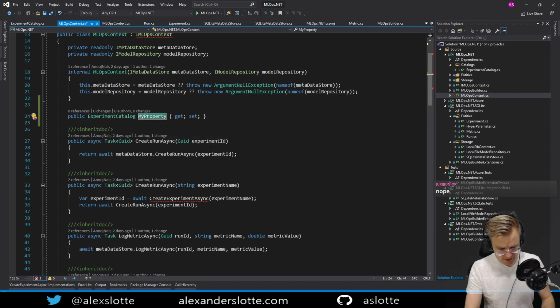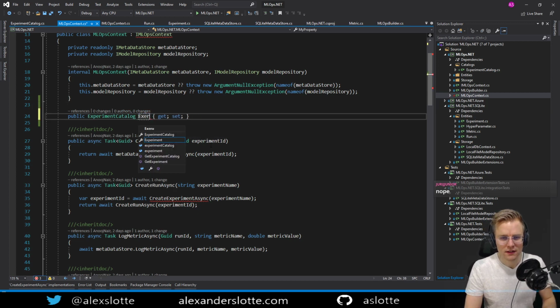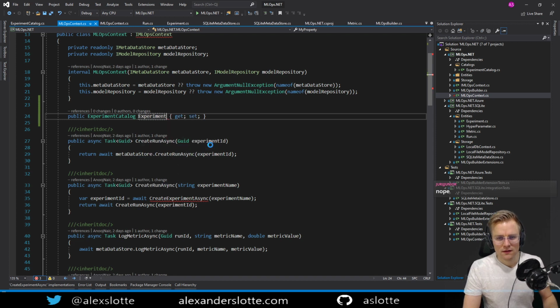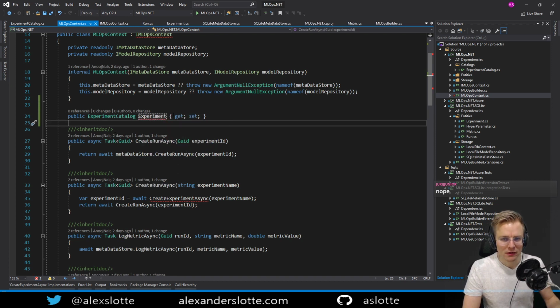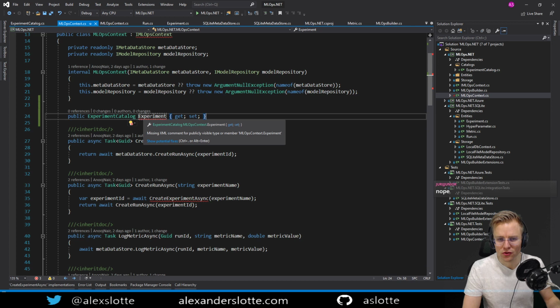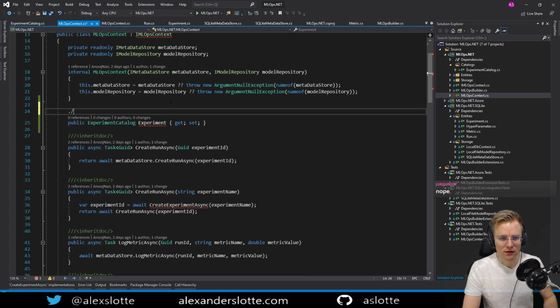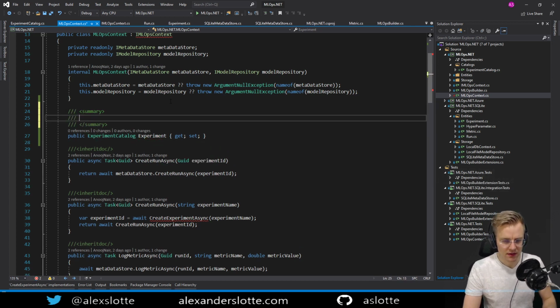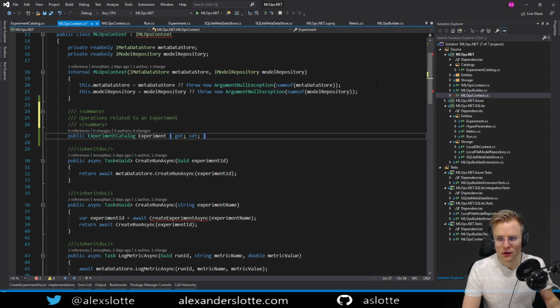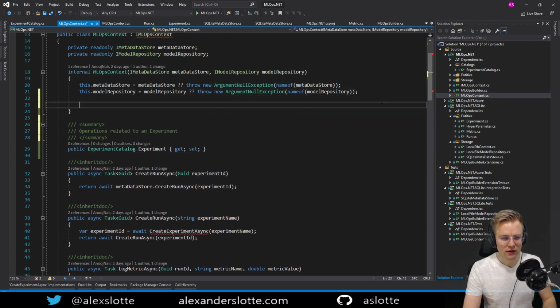Alright. Experiment. So now we have an experiment catalog here, but we need to set this properly. So we need to make sure this is obvious: operations related to an experiment. And we need to set this one in our constructor here.